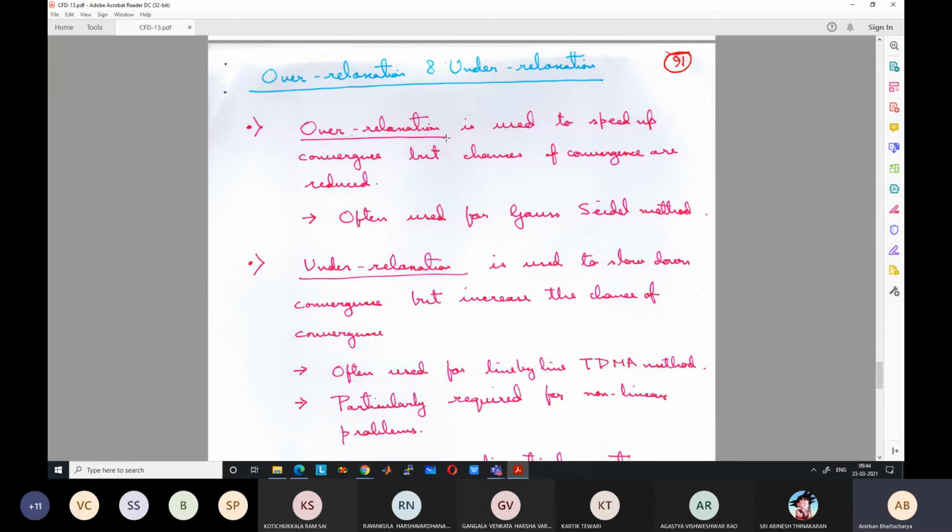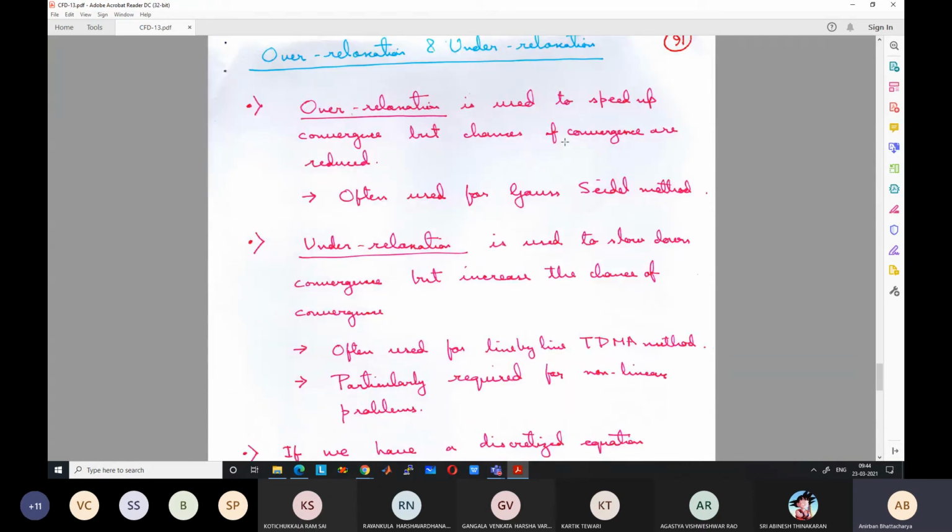So over relaxation is used to speed up convergence. I will show you how to use that, but let me just first define these things. However, the chances of convergence are reduced. Okay. Over relaxation is the opposite thing. You take the relaxation factor more than 1. So instead of 100 degrees centigrade going from 100 to 200, if I take over relaxation of 1.5, I will change by 150 degrees centigrade. So I will go from 100 to 250. So if the correct solution is say somewhere around 1000 degree, I will speed up the solution. But the chances are that the solution will blow up because the correct solution may be very near to the previous value and it will lead to divergence. Okay.